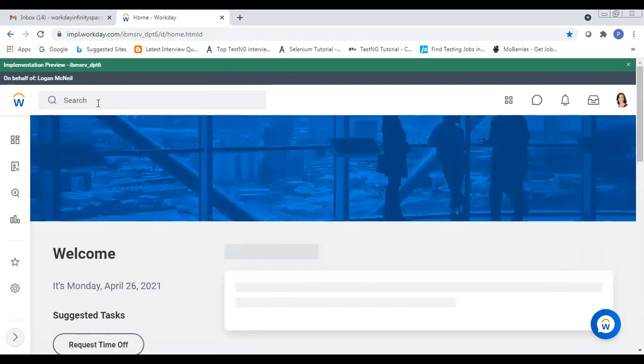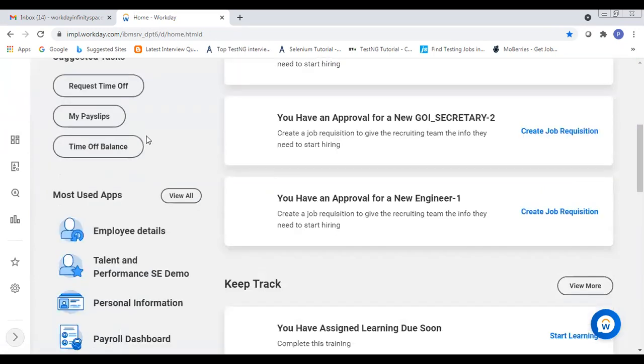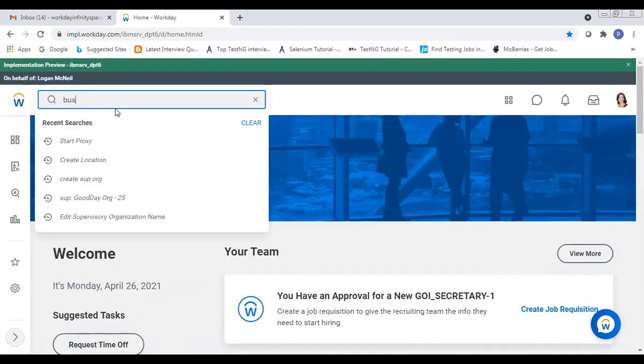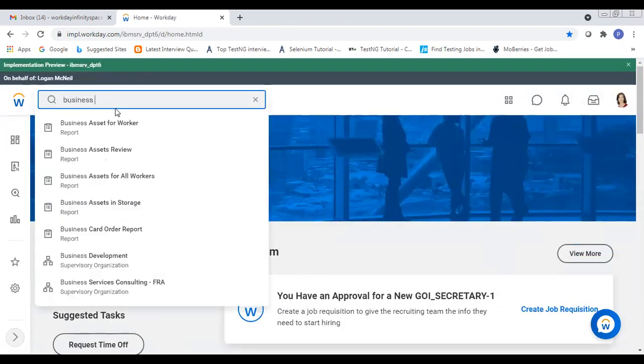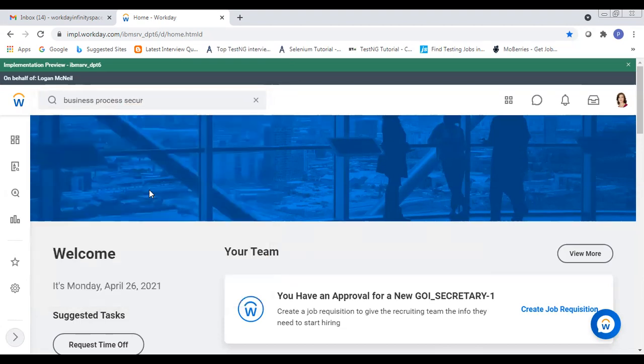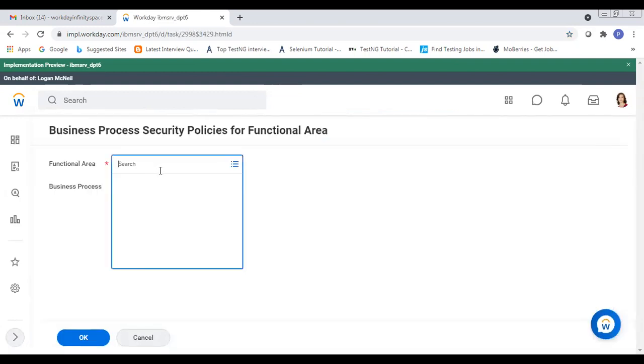See, for any business process, we have business process security policies for functional area, where we can make changes to the business process security. For example, let's select a functional area.